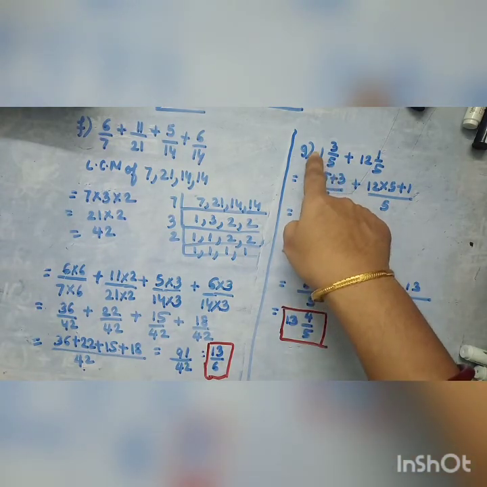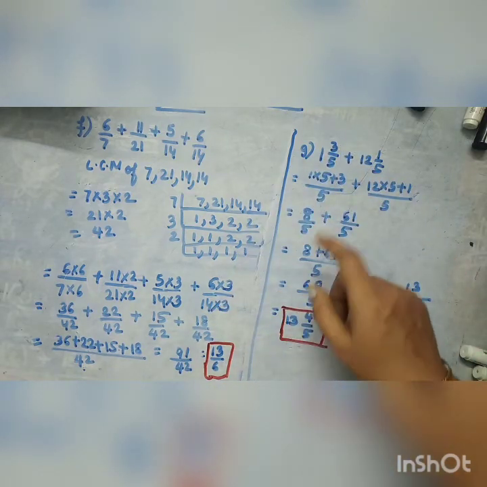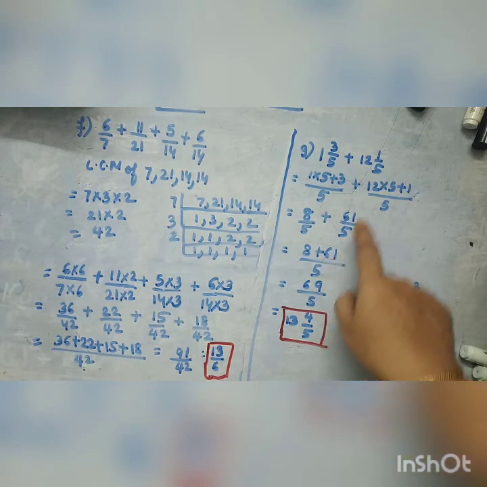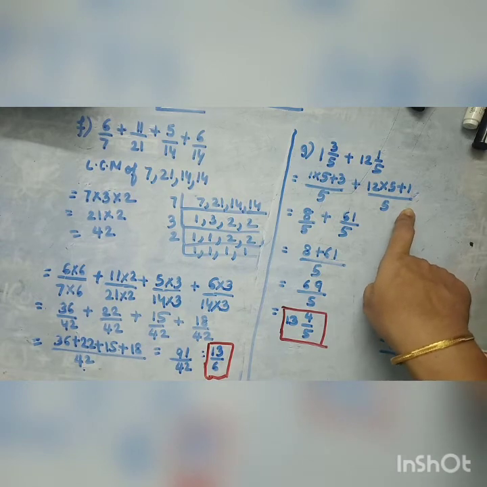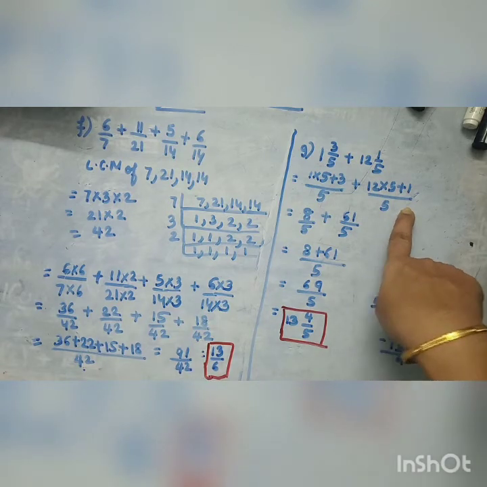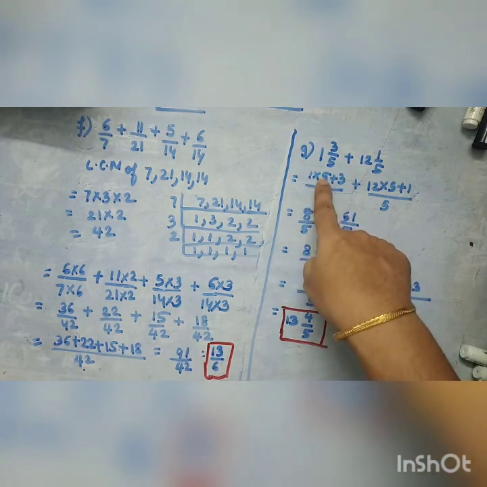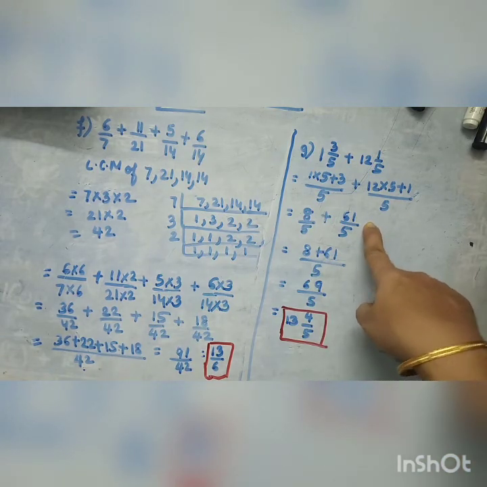See, 5 multiplied by 1 plus 3. Whole number should be multiplied and then the numerator has to be added up. तो देखिए, ओके, हियर ऑल्सो 5 × 12 + 1। ये ऑलरेडी आपको पहले वाले एक्सरसाइज में बताया जा चुका है, इसलिए आपको ये आना चाहिए। ठीक है। और यदि नहीं आ रहा है तो आप पिछले जो एक्सरसाइजेस किए हैं उसमें आप एक बार रिवाइज कर सकते हैं। ठीक है। तो आप देखिए 5 × 1 इज़ 5 + 3 8/5, और ये आ गया आपका 61/5।